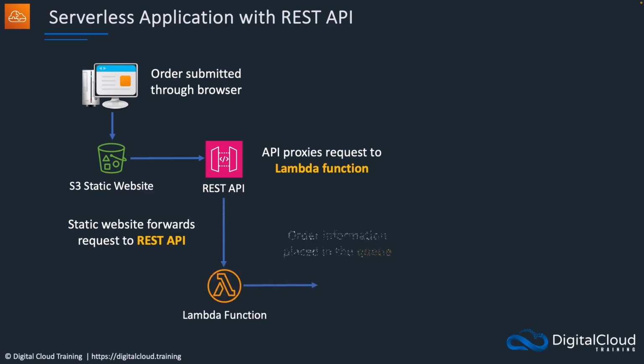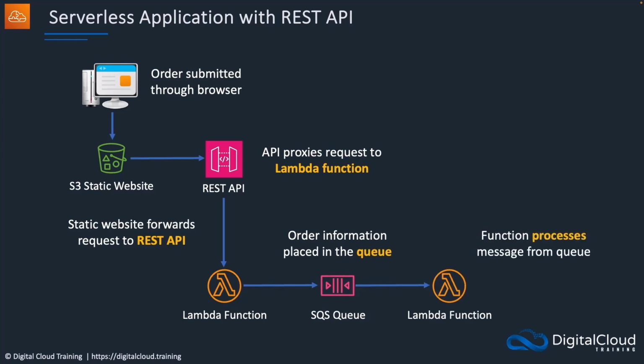The Lambda function will then take that order information that's been submitted and place it in an SQS queue so that a different function, the processing function, can process the message and place it in a DynamoDB table. So now the order information ends up in the DynamoDB table. So here we've separated with a queue. So of course we're decoupling. That means if the processing, for example, takes a lot longer, then it doesn't impact the orders coming in and getting placed into the queue. So the final result is we have a record of the order added to the table,